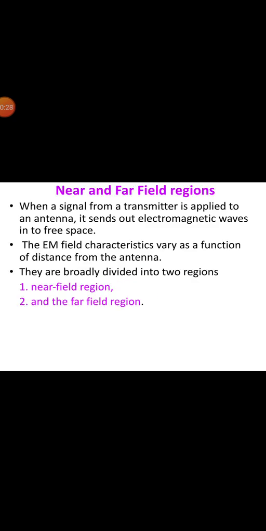Welcome to this module. In this module, let us have an insight into near and far field regions. The field around an antenna may be divided into two principal regions: one near the antenna, called the near field or Fresnel zone, and the one at large distance, called the far field or Fraunhofer region. The boundary between the two may be arbitrarily taken at a radius r equal to 2L squared by lambda, where L is the maximum dimension of an antenna and lambda is the wavelength.